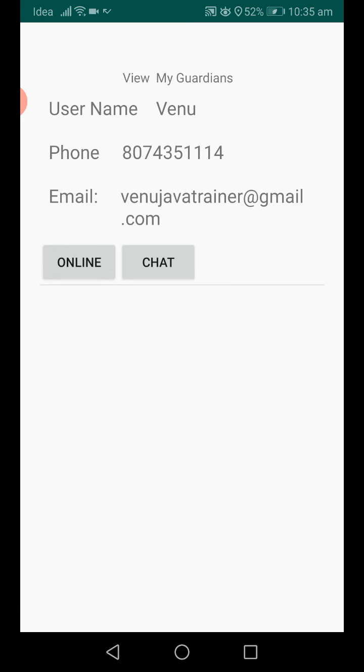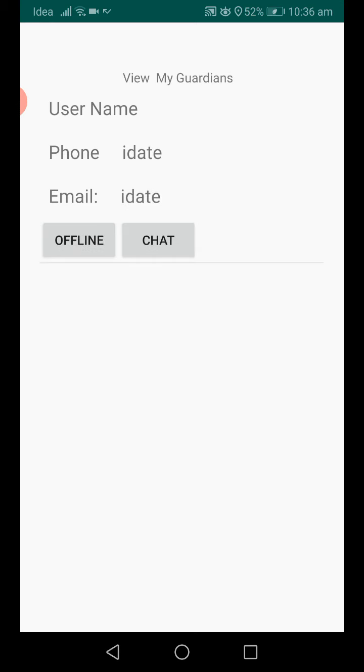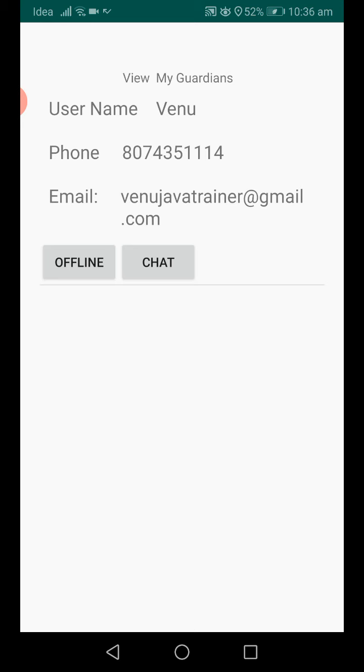Now Venu can't track my live location because I control that permission. If he wants to track my live location, I give the option online, and if not, offline. So we can put online and offline for a particular guardian also.